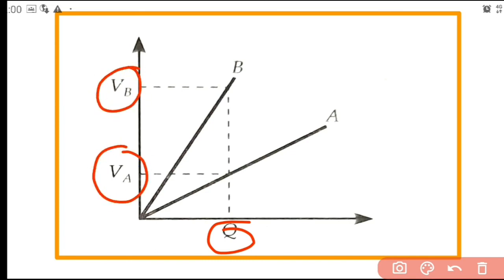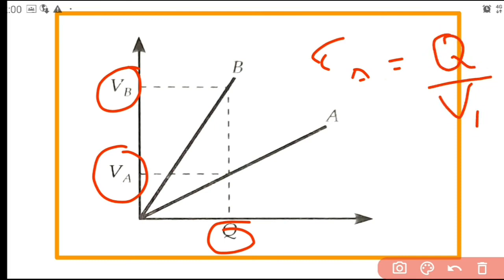So what will be the capacitance value? CA will be equal to Q by VA,